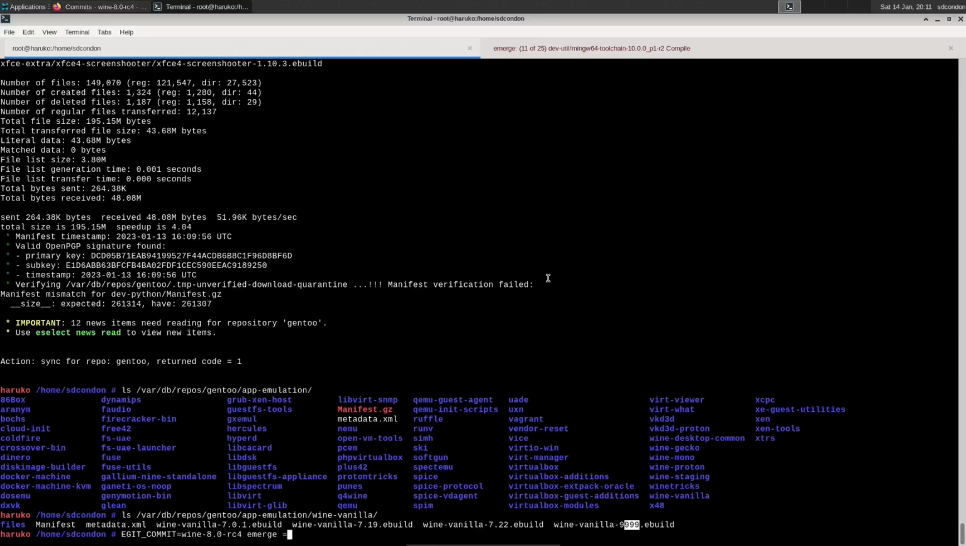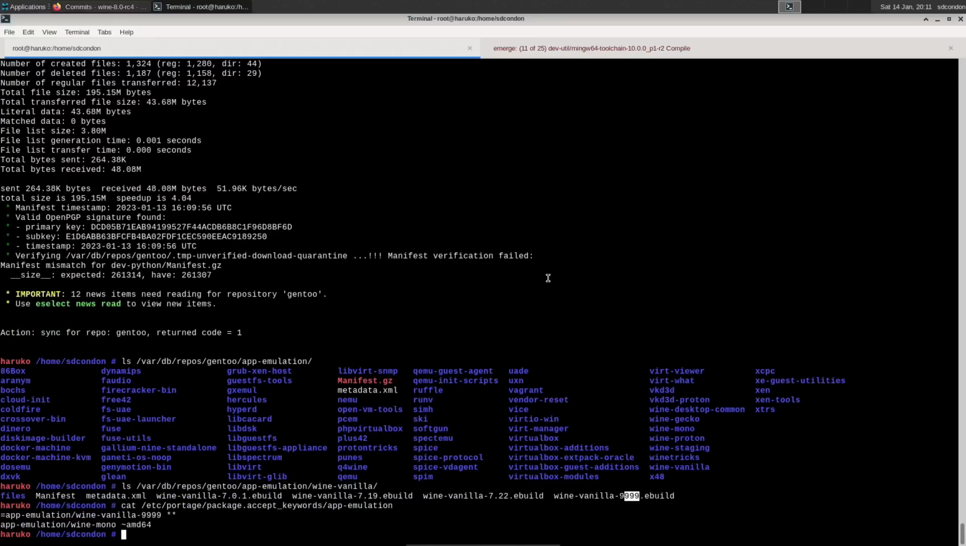The first of which was this: package.accept_keywords/app-emulation. We've added 2 lines to app-emulation. For app-emulation wine-vanilla-9999 specifically, we've added a keyword of ***. Now you can't add *** directly. You would have to do echo "=app-emulation/wine-vanilla-9999"